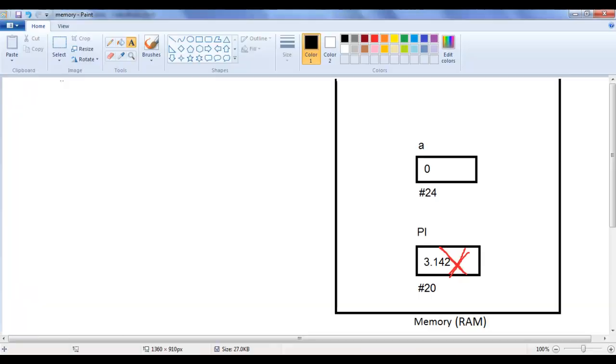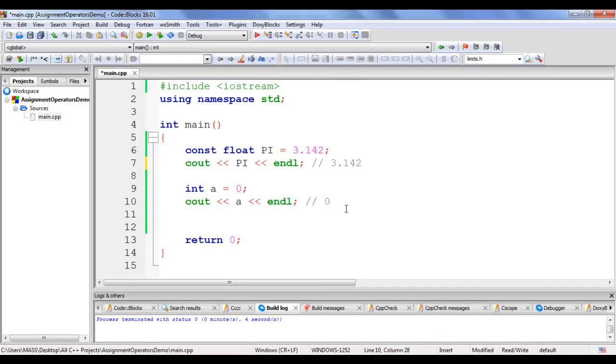We know that a variable is a named memory location whose value can change during the execution of a program. We can change the value of a variable at any time, guys. And how do we change the value of a variable? We write the variable name equal to new value.